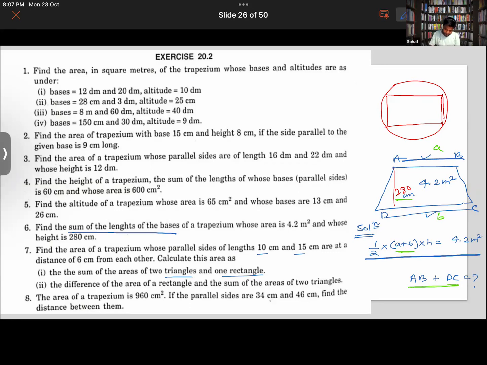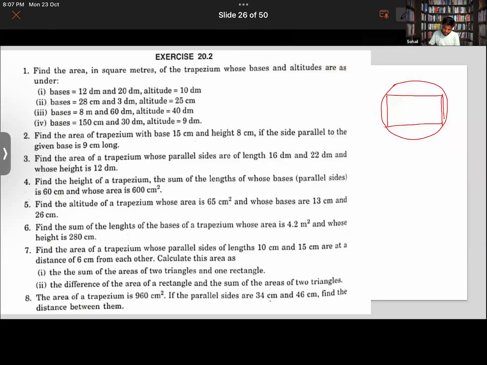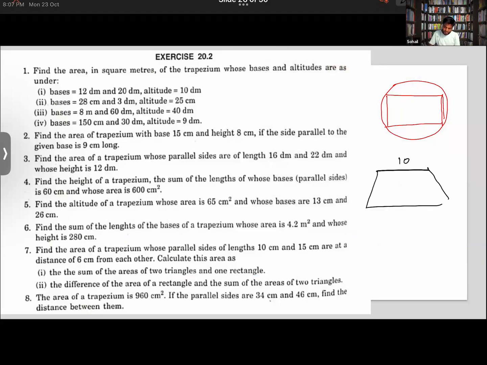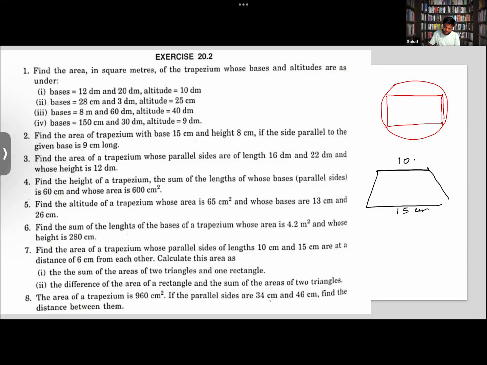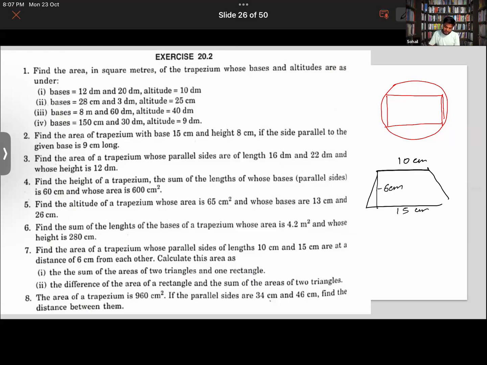Good question. So the question is saying that this is a trapezium in which the lengths of opposite sides are 10 centimeter and 15 centimeter, and the distance between them basically means the altitude right now. So that has been given as how much? 6 centimeter. So all this has been given, we could have easily found out the answer. But then the question says